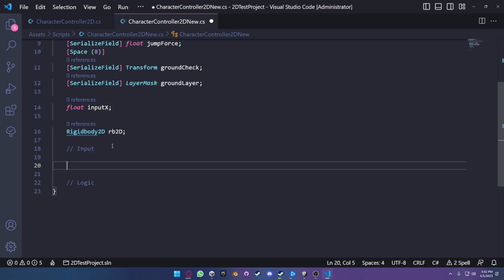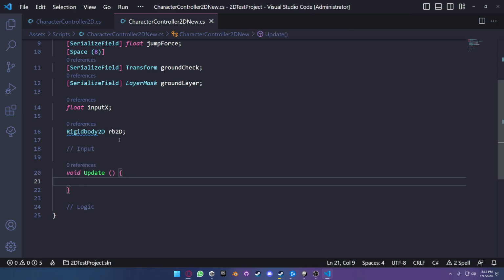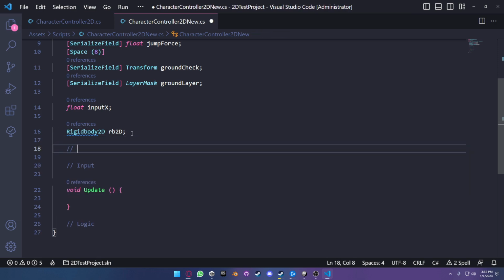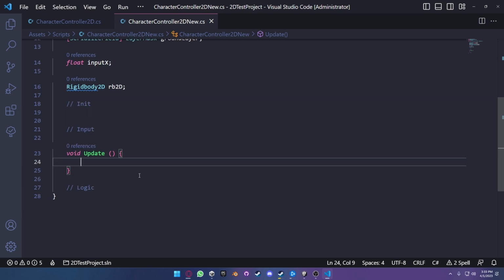Then in our input, we're gonna go to update. We also have a different section called init for initialization, but let me do the update first. So in update, the first thing we want to do is the input, right? So we're gonna say that input x right here equals